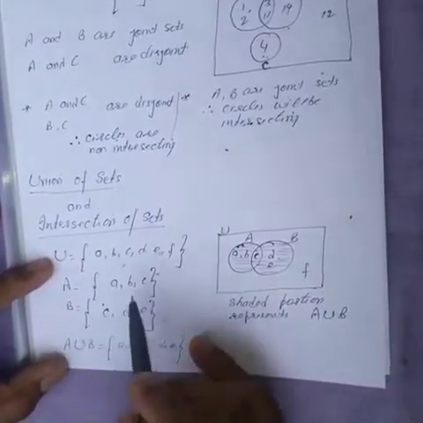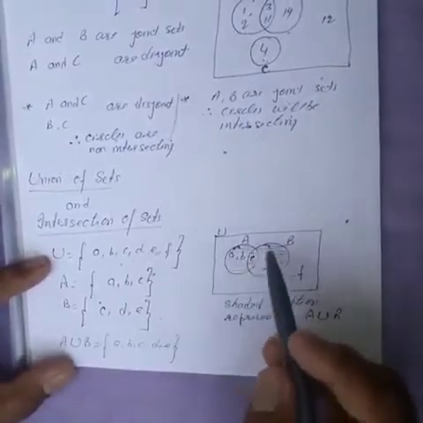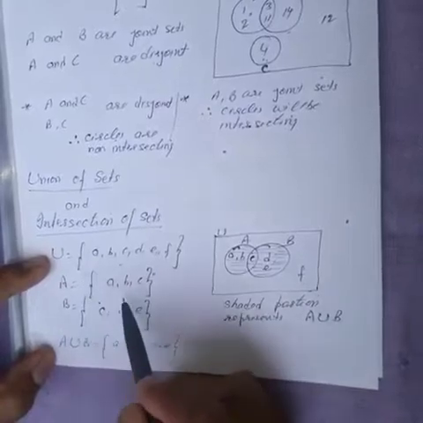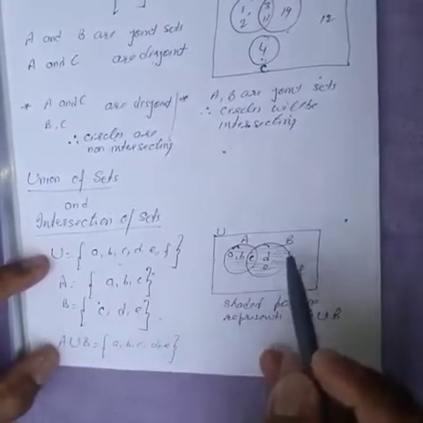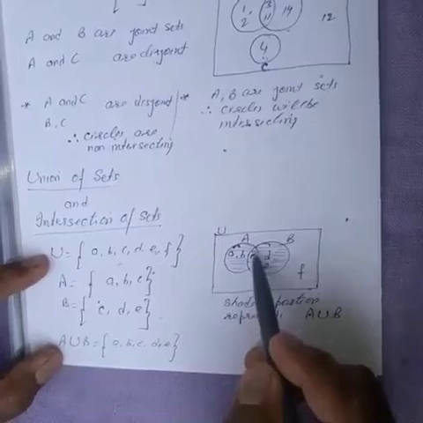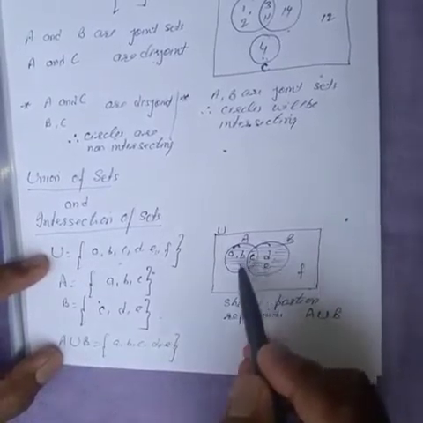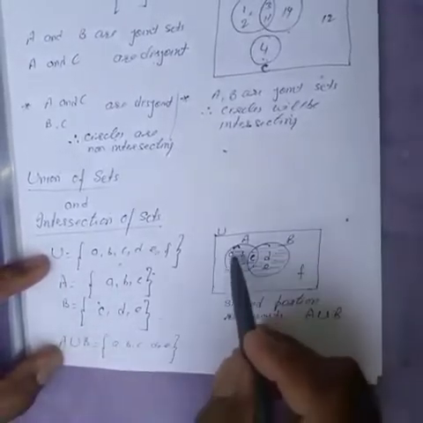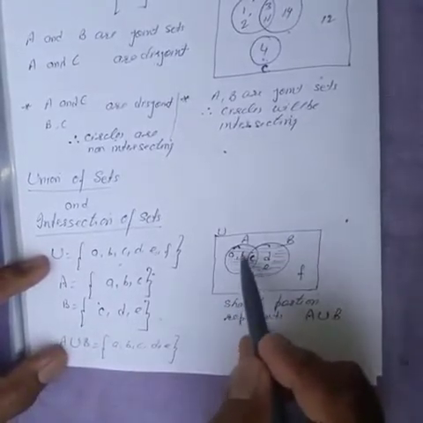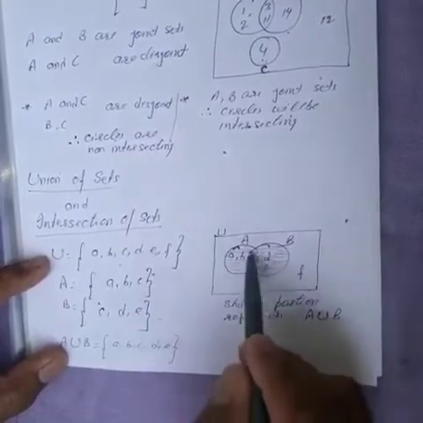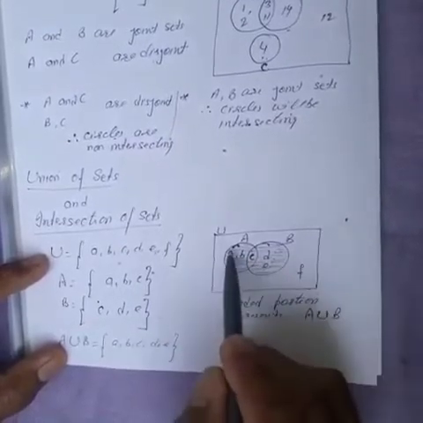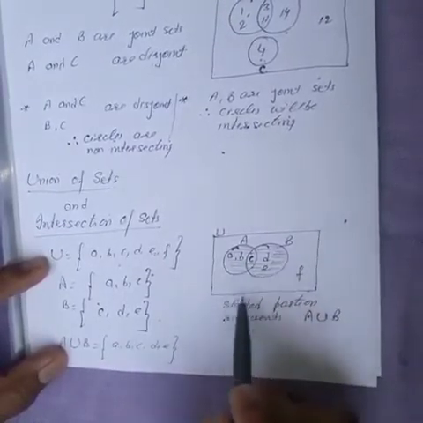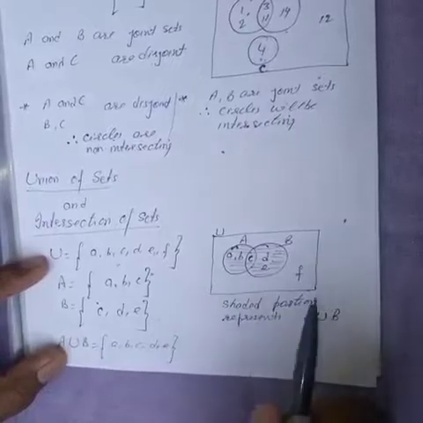We can evaluate A union B, but in the Venn diagram, because A and B have elements common, they are joint sets, so the circles will be intersecting, right? The common element inside the common part, this is C, there is one element common, so write it inside this portion. Write down the remaining elements of A inside circle A, similarly B. This total area of the circles A and B combined is called A union B. This is shaded, so the shaded portion represents A union B.